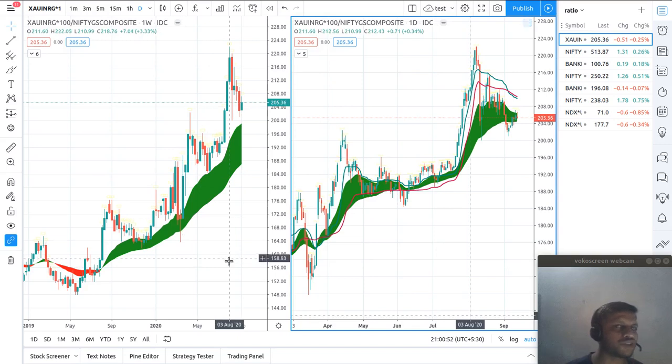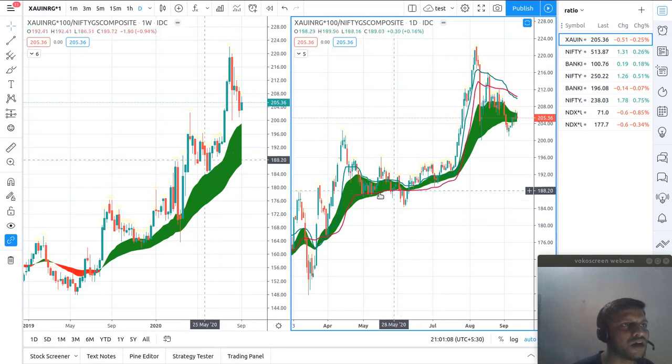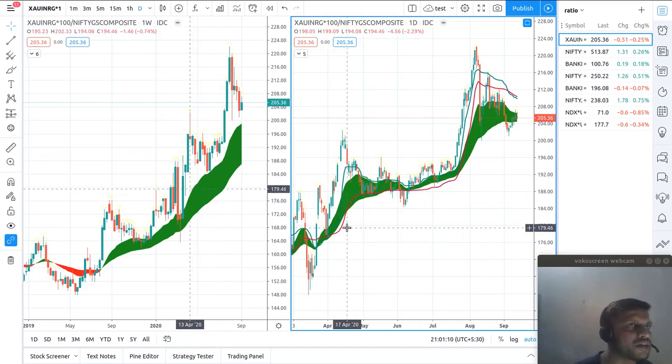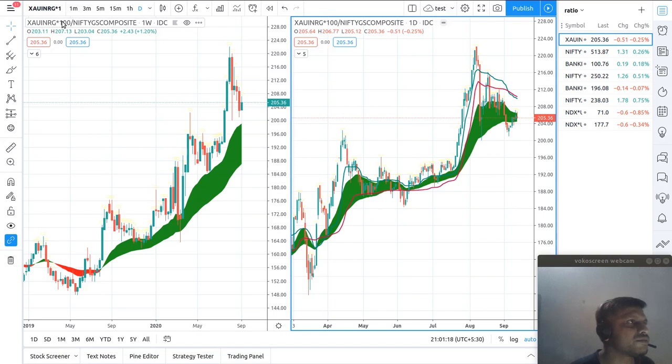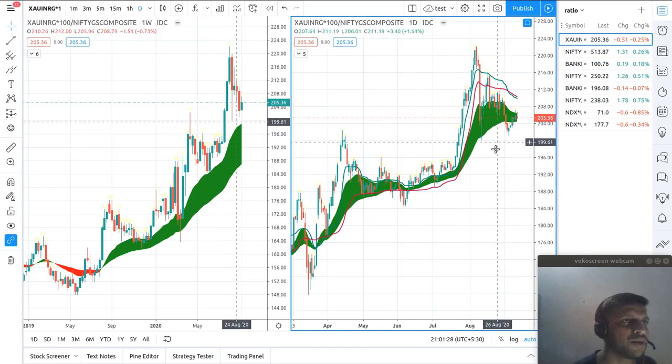On the left, we have a daily time frame chart, and on the right, we have a weekly time frame chart. I'm using an indicator that draws a cloud based on moving average on both the time frames. And in the daily time frame, I have another moving average, which is the adaptive moving average. In this chart, we have divided gold in rupees with respect to bonds current price. So in both weekly and daily time frame, this is still in a buy mode.